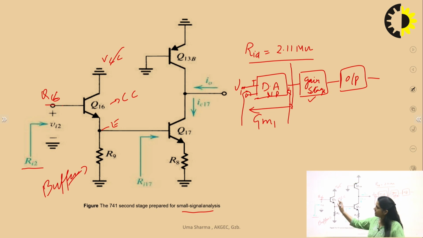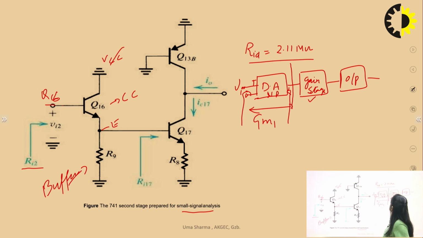So we have calculated the impedance of the input stage. It has a very high impedance, like 6.11 mega ohms at the output of the input stage. So impedance matching is required, otherwise the output produced by the input stage may be lost, or some portion may be lost due to this loading effect. To minimize this loading effect, it is required to add a buffer in the cascading of two stages.